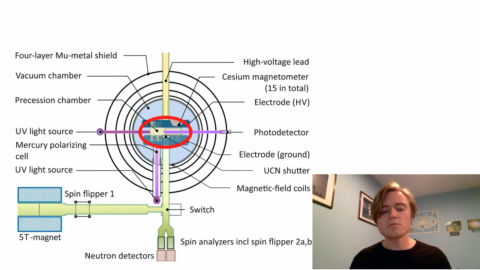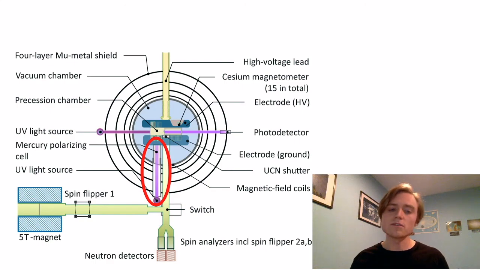Inside this testing chamber, the neutrons are ultra-cooled, so they're very still and not jiggling around too much. And it's at a density of about 2 neutrons per cubic centimeter or something like that. So it's very sparsely populated. Alongside the neutrons, they inject something else. They inject mercury atoms, which have also been aligned through a similar process. And they use these mercury atoms for calibration, as we'll look at later.